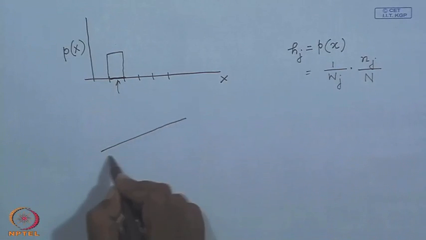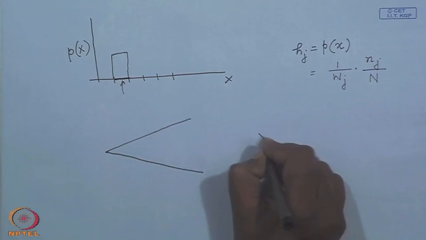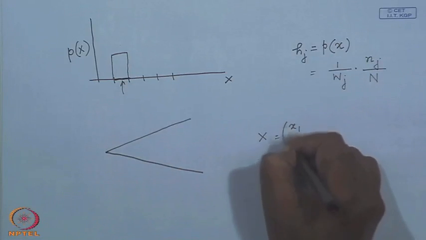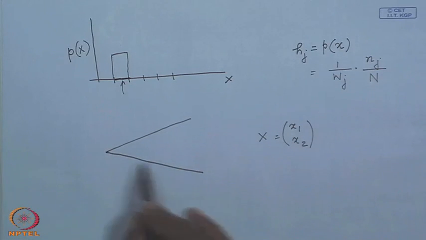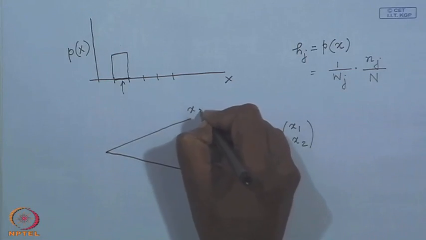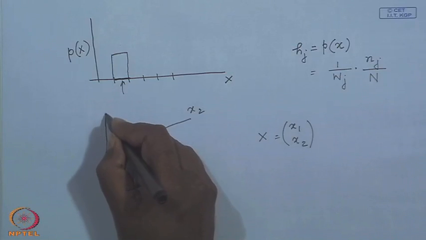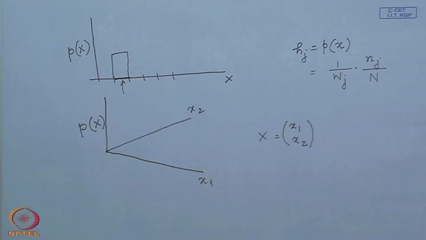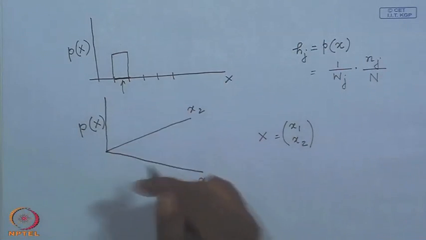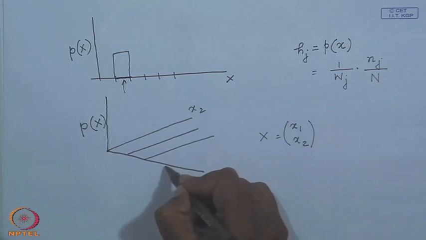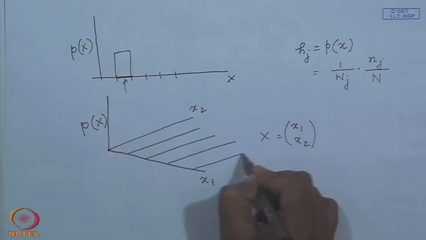In two dimensions we have extended this concept. So, we have a vector variable x whose components are x1 and x2. So, I have this plane x1 x2, where this is the x1 axis, this is the x2 axis, and an axis perpendicular to this indicates the probability p of x, where x is a vector. So, following the same concept, we divided this x1 x2 plane into a number of bins like this,